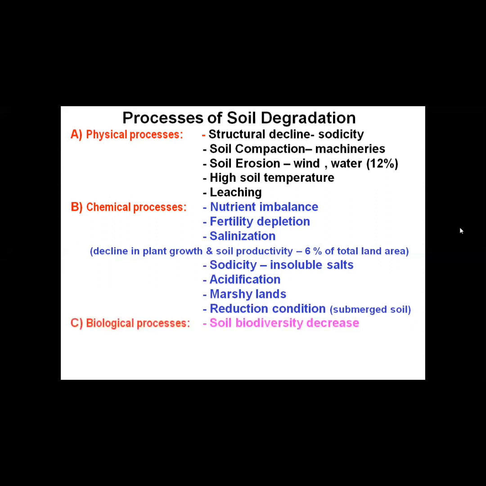Then biological processes of the soil degradation. Soil biodiversity decreases, decreasing the organic matter, intensive cultivation and soil pollution. These are the biological processes for the soil degradation. If we see the different processes of the soil degradation, there may be the physical processes, there may be the chemical processes, or there may be the biological processes for soil